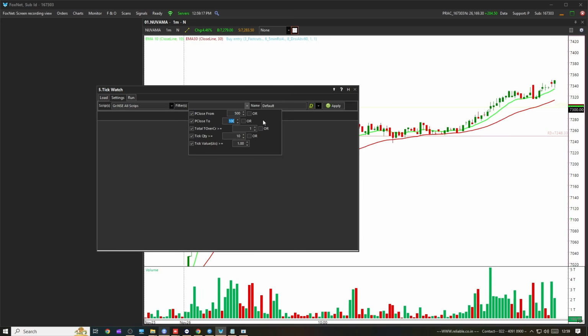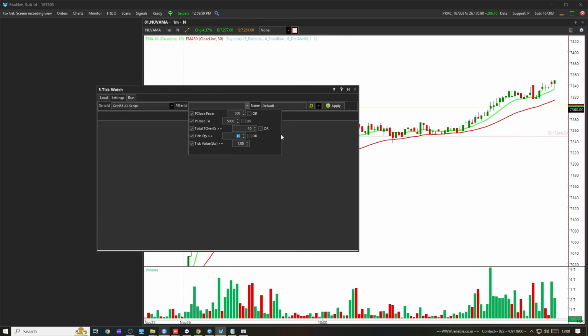For example, if I say 5000 is my maximum price, between them only all the stocks and conditions should match. Total turnover means the whole day turnover of that stock, not the particular trade. For example, if you want to identify active stocks, then the whole day turnover should be at least 10. It's my recommended setting, but you can use your own settings. Some stocks' total turnover goes to thousands, even 1000 crore. Here 1 means 1 crore, and I have put 10 crore. It will be considered as crore.